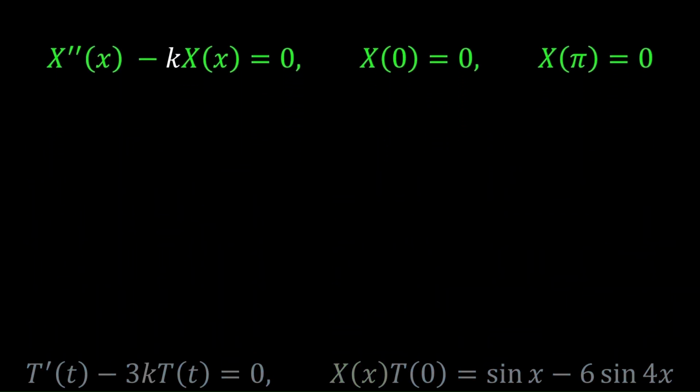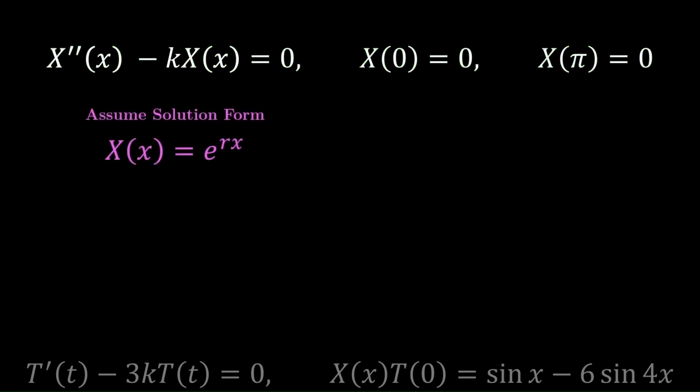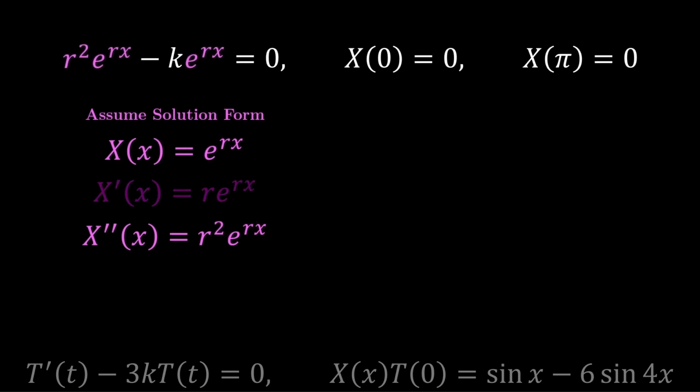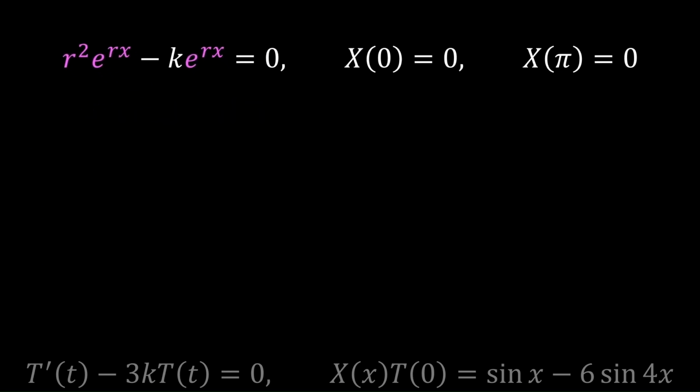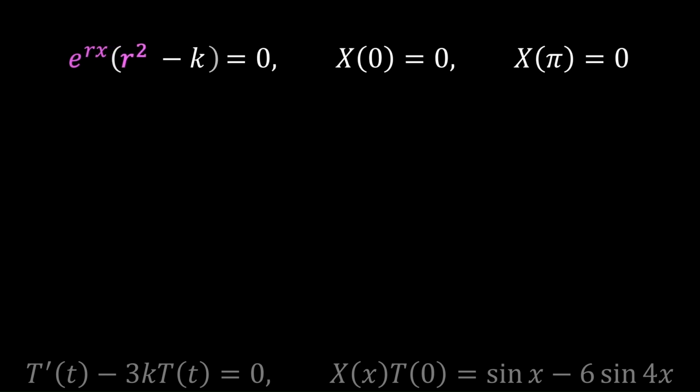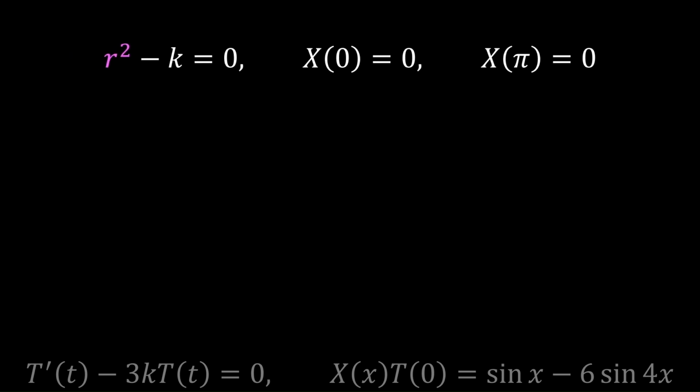equation governing capital X. We could solve for this using the usual method of assuming a solution of the form e to the rx. We can then take the first and second derivatives of the assumed solution form and plug them back into our original ordinary differential equation. We can solve for the r values that satisfy the resulting algebraic equation. We can pull out the common e to the rx factor, and since this can never equal 0 for any r value, we end up with needing to just find the roots of r squared minus k is equal to